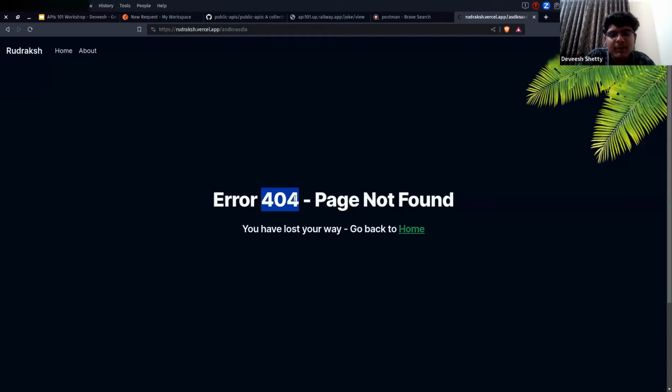For us, it may sound like gibberish, it doesn't make sense. But for the client, the browser, it is saying this page is not found. So 404 means the particular page or the URL in the request is not found. It is not defined.